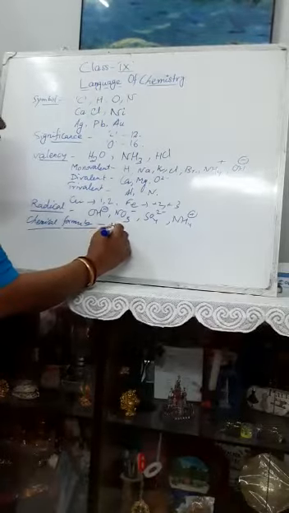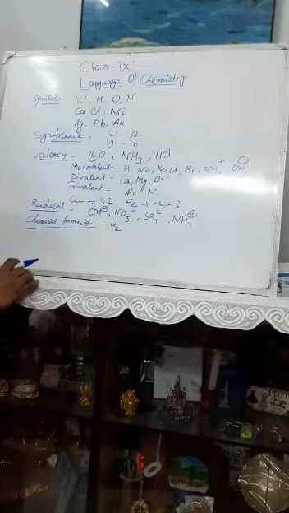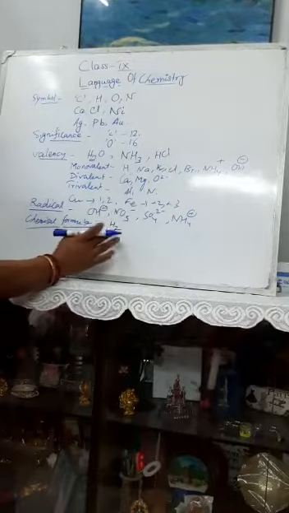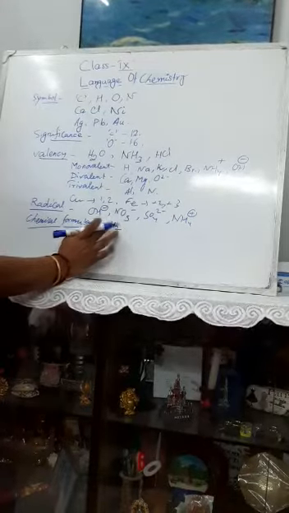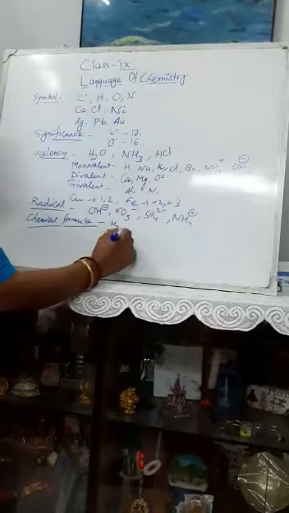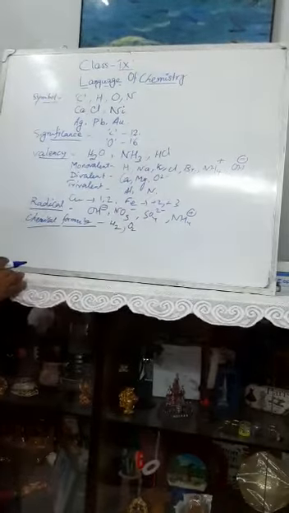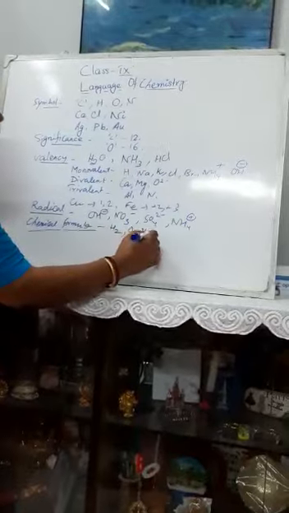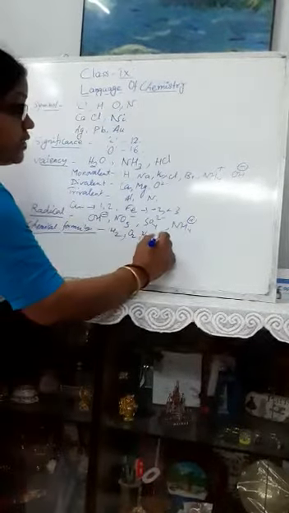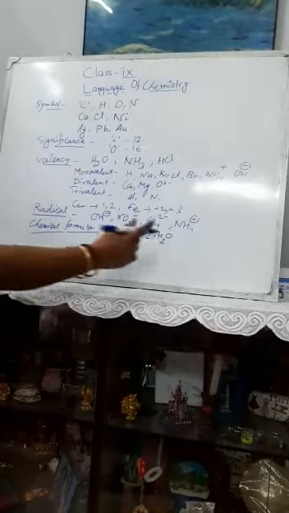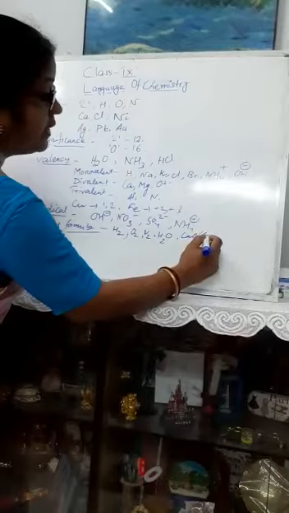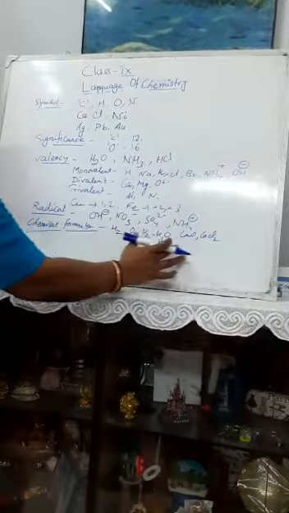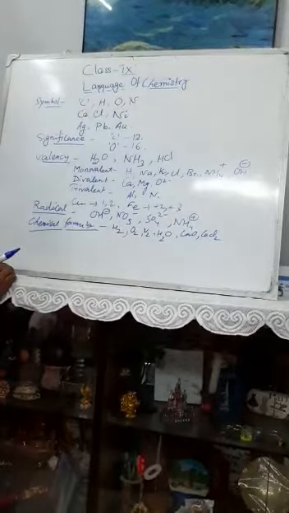If it is an elementary molecule, we will write H2. That means it is hydrogen molecule. Two atoms of hydrogen combine to give the hydrogen molecule. If we write O2, this is oxygen molecule. This is nitrogen molecule. But if we write H2O, this is a compound. And what is the name? Water. Suppose calcium oxide, calcium chloride, all these are molecules. So these are the formulas of the compounds or the elements.